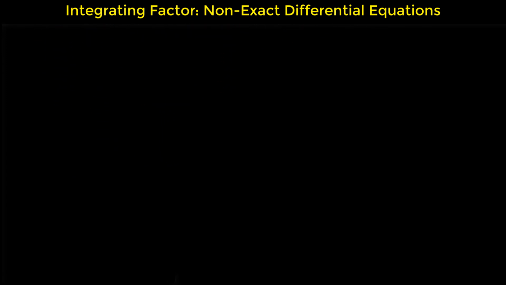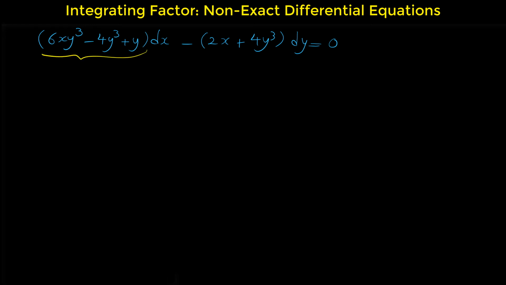Now let me show you another differential equation. The given differential equation is (6xy to the 3 minus 4y to the 3 plus y) dx minus (2x plus 4y to the 3) dy equals 0. First, let's see, is the differential equation an exact differential equation or not? If I name this m and I name the other one n,